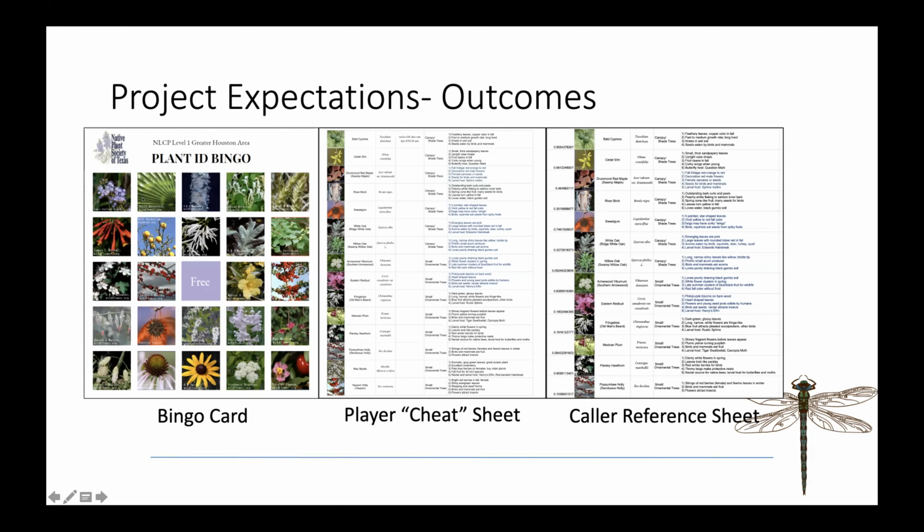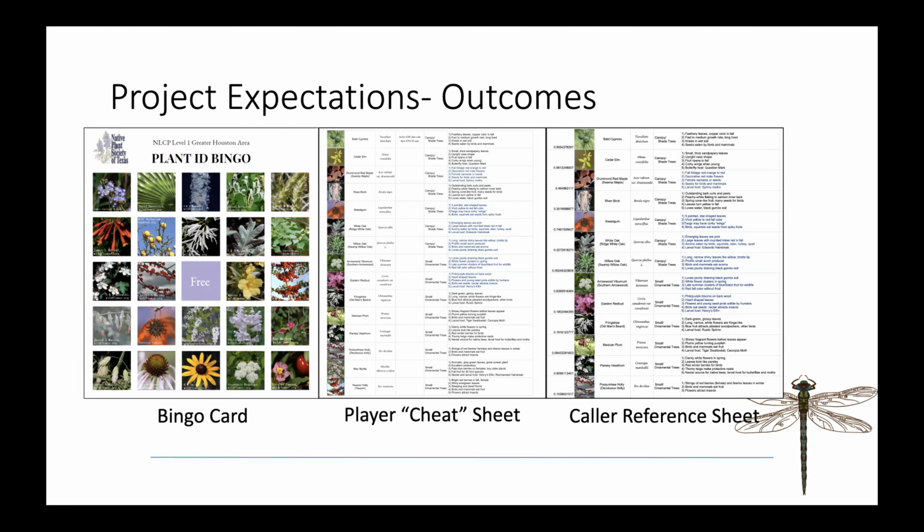And so this is the outcome. This is the bingo card that they use to play the game. And eventually, as you know, when you play bingo, everybody's got their own card. And then somebody, the caller, will call out a hint or a name or a description of the plant. And then as a player, you're supposed to be able to recognize what this plant is and mark it